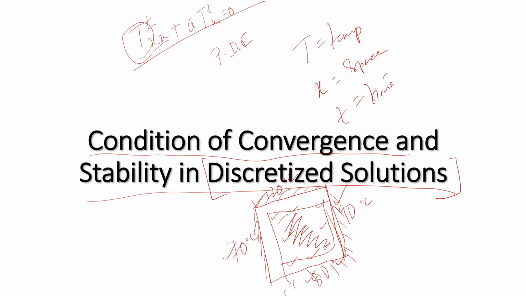Now to know this, you have to solve the differential equation which represents the heat conduction through the metal plate. And if you can solve that equation, then you can know the temperature at this point